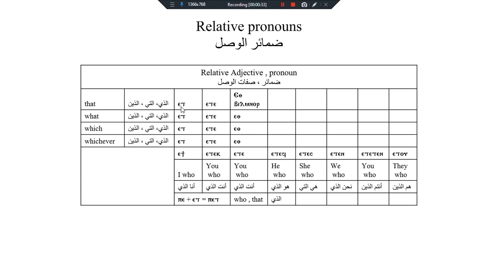It comes in front of the verb as a subject, or in front of a preposition, and it becomes eti in front of a verb also, or a noun, or a preposition, but when they begin with any of the letters of the word بالمنور, they can be combined with the subject pronoun, when they become eti, etic, ete, etif, etis, etin, etetin, etu, with the meaning: I am the person who, you who, you who for female, he who, she who, we who, you who, they who.